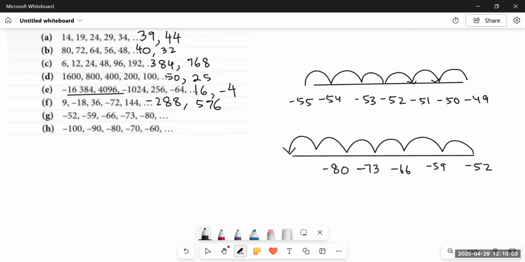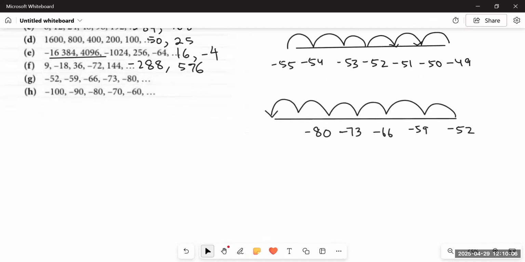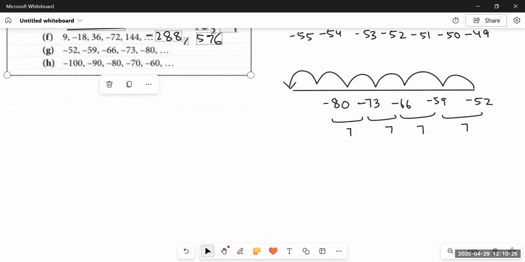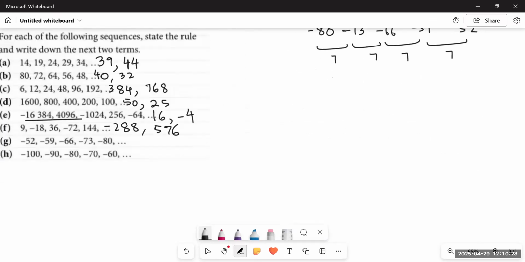And whenever we go backwards, the numbers are getting reduced. So what is the difference between each two terms? First, we will identify it by getting the difference. So 52 and 59 is 7. 66 and 59, again 7. 73, 66, 7. 80 and 73, 7. So what is happening over here? Are we adding 7 to the terms or are we subtracting? So we will write down the terms as they are and check it. It would be simple. Minus 52, minus 59. So if I put a plus over here, a positive 7, it means minus 59 plus 7.